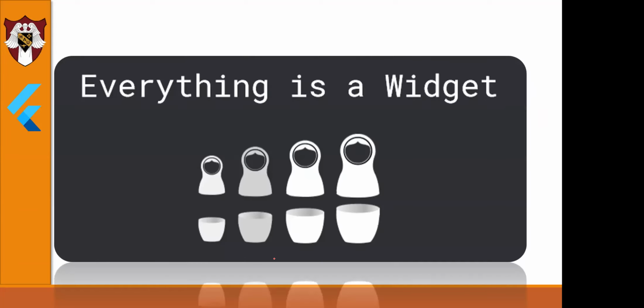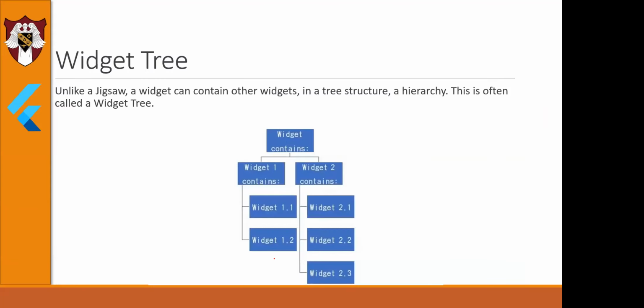Now, everything in Flutter is a widget. And when you overlap each widget on your Flutter app, you basically create a widget tree. For example, there's a text box. Under the text box, there is an image. So you create